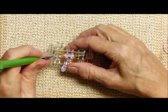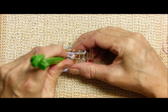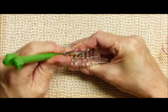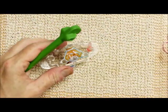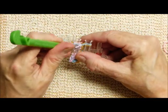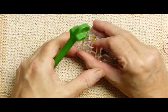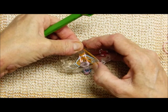Okay, so that's the B colored band. 1, 2, 3 pins. You bring over the B color that was on the bottom. Then come around here and just grab the bottom band and bring it over. Next we do the A colored band, and bring its same color over. And then turn it around, bring the other C colored band over. And then finally we place